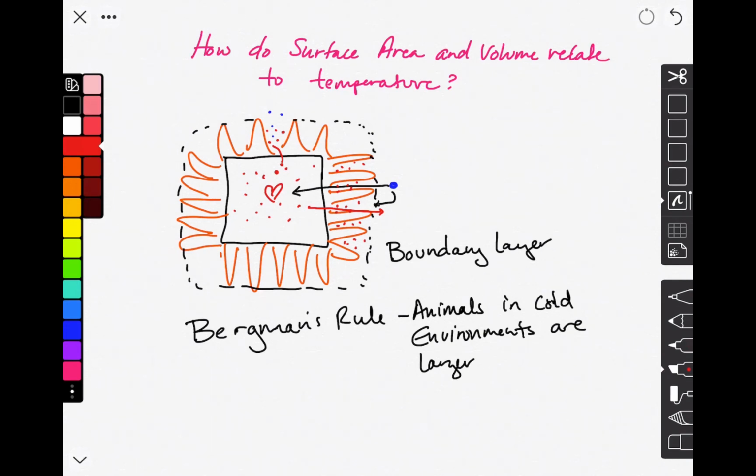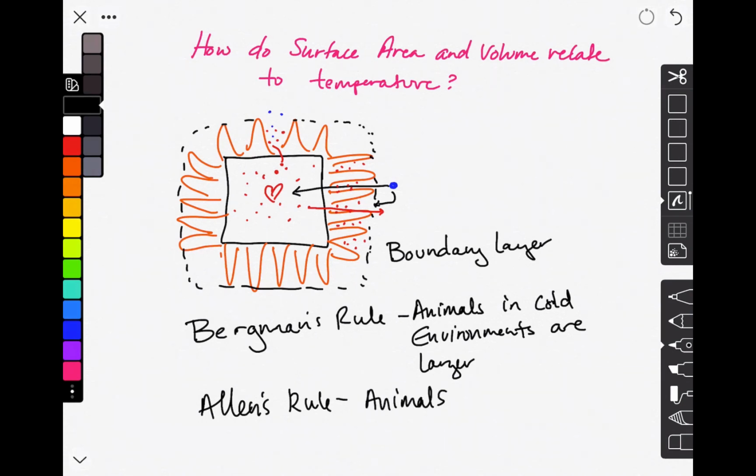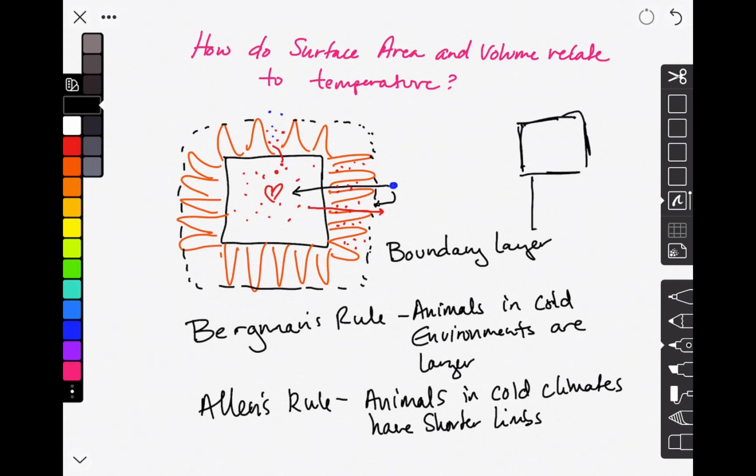Okay, then we have Allen's rule. And Allen's rule says that animals in cold climates have shorter limbs. Okay, so this one, I may need a new box. If I take my box and now I add some really long legs to it,